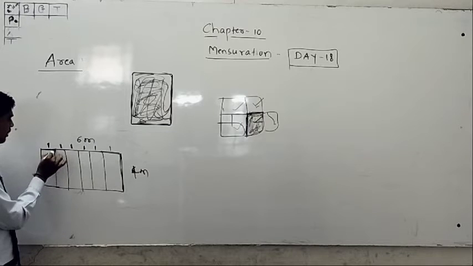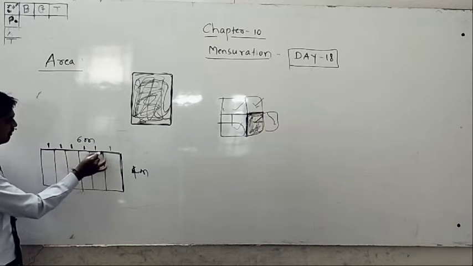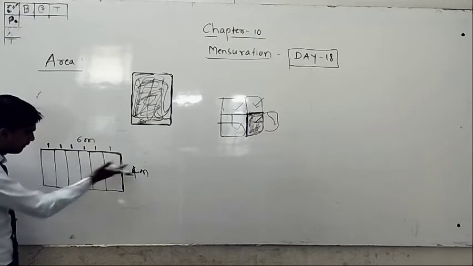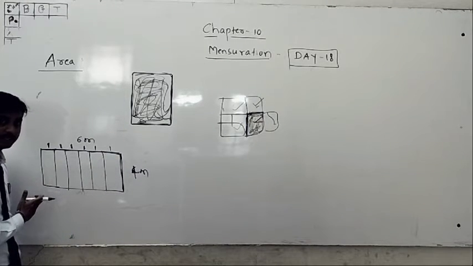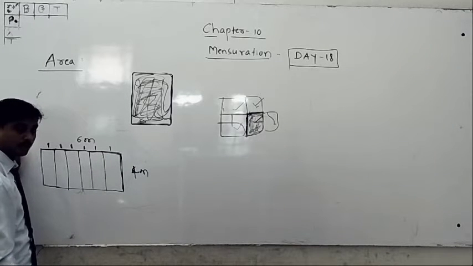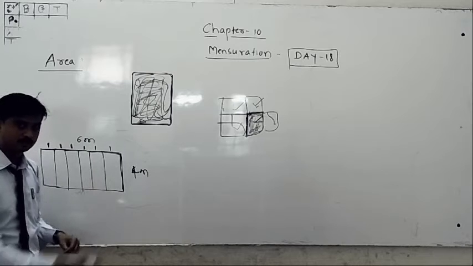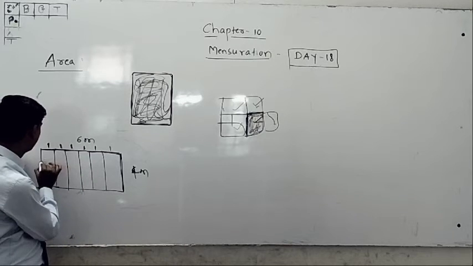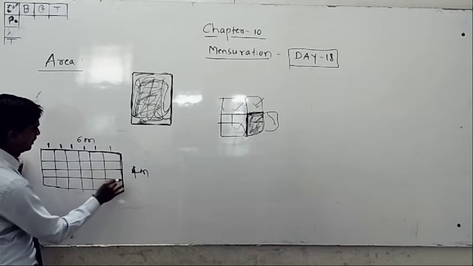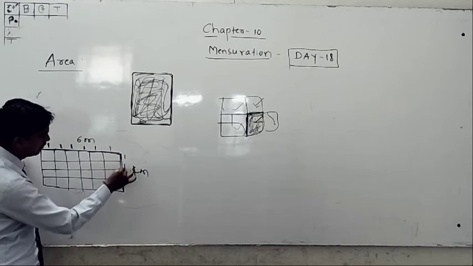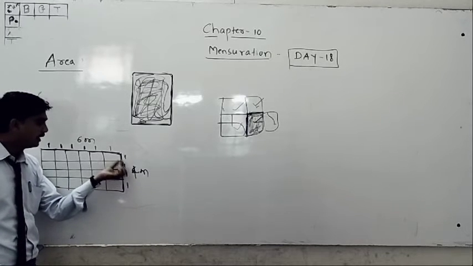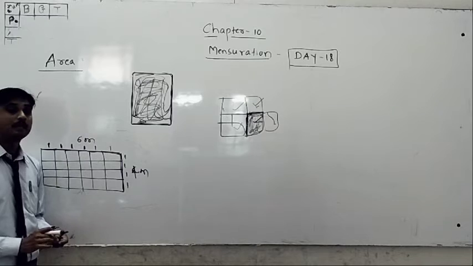From here to here is 1 meter, here to here 1 1 1 1 1. Then we divide this way and also this way, horizontally. Here the breadth is 4 meters, so you have to divide it into 1 meter breadths separately. It is 1 meter, 1 meter, 1 meter. Count it: 1 2 3 4 meters. I divided it into 1 meter separate lengths.